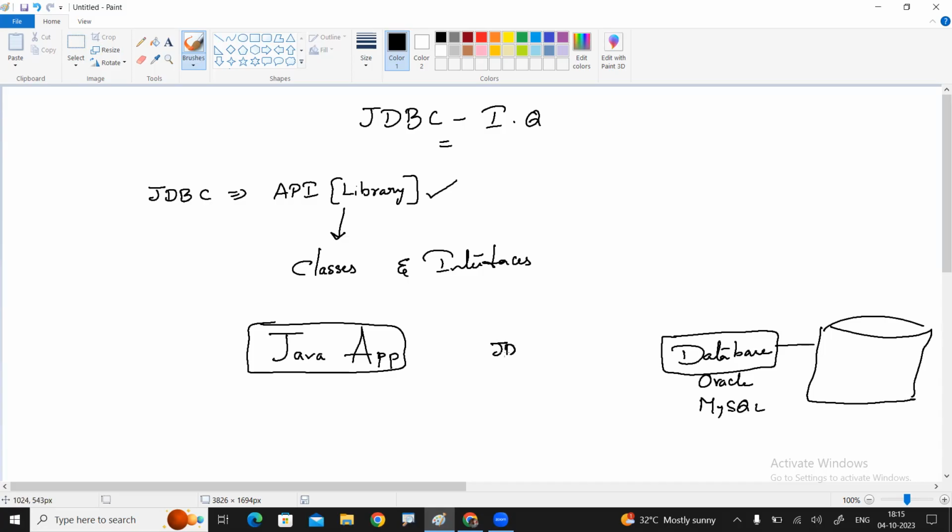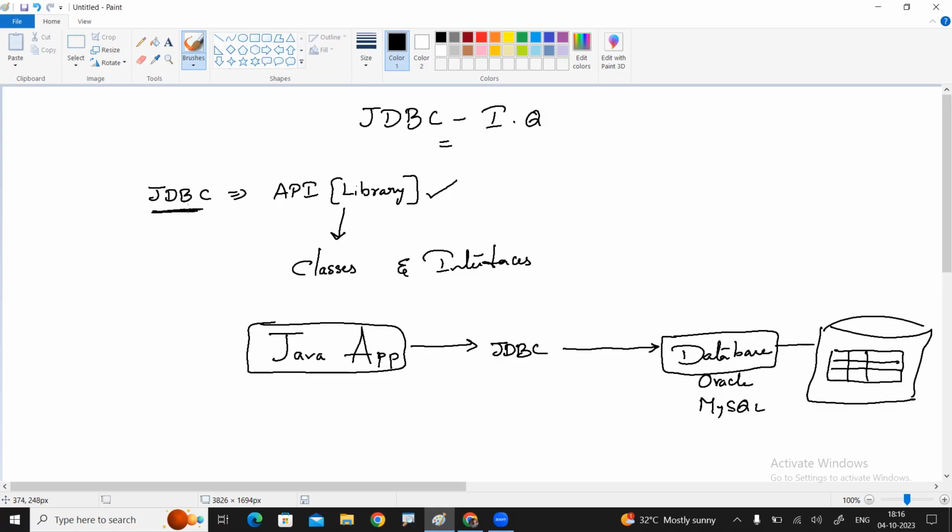That is JDBC. The JDBC API is used to communicate with the database and perform all database operations such as creating the table, inserting the data, displaying the information, deleting the information, updating the information. All these operations we can perform. So that is the JDBC API.